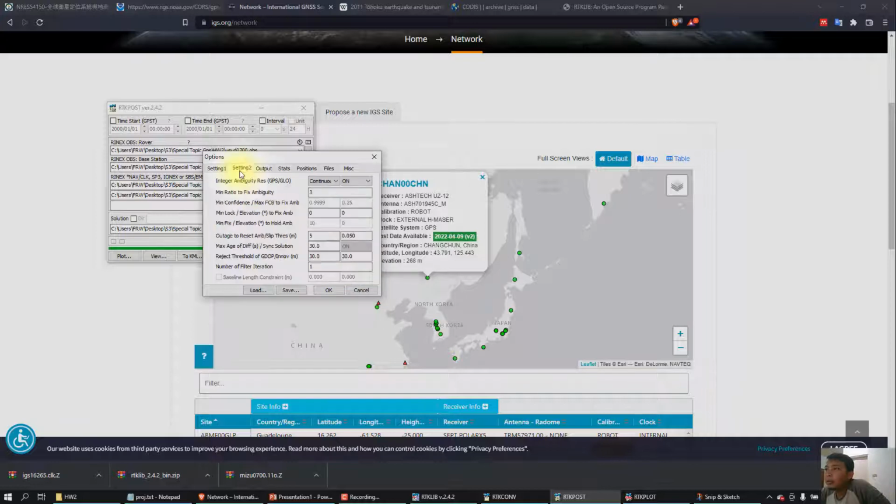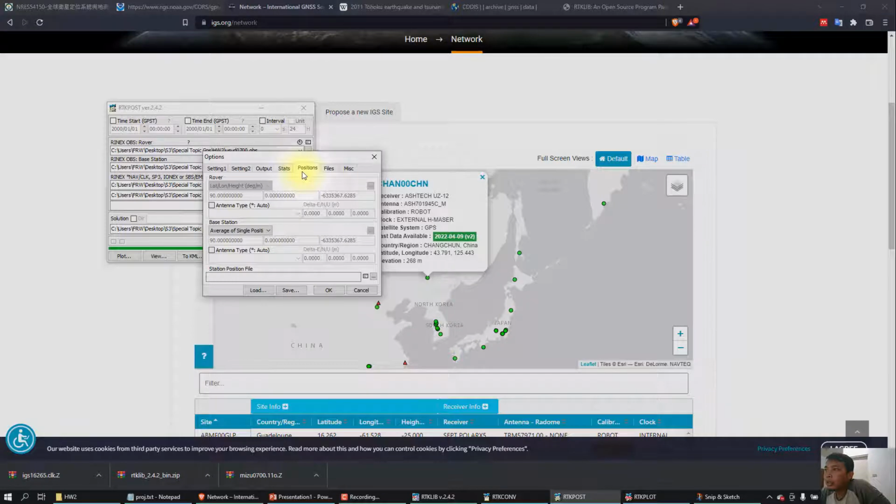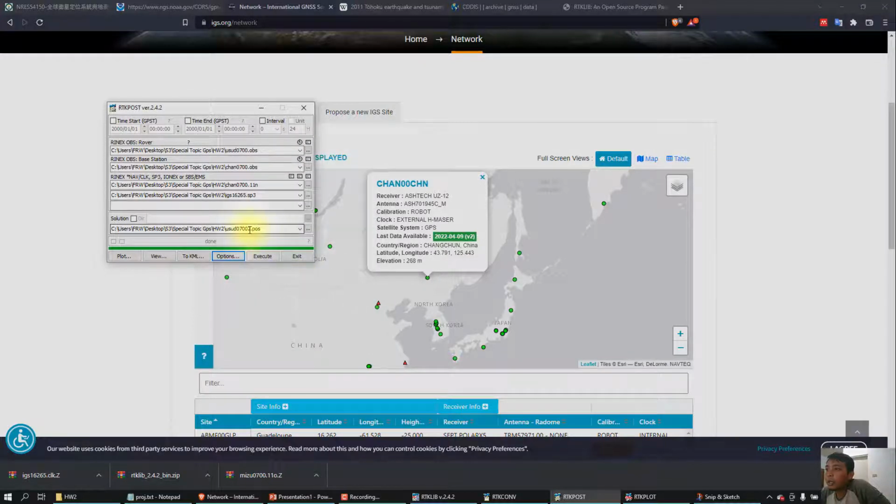And then in the position bar we change it to the average of single position. Then we press OK, and we need a new name for the file. So I will put the number 2, and we can click execute.